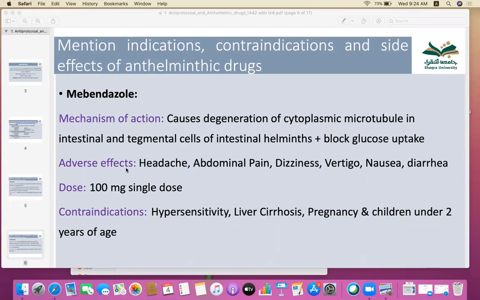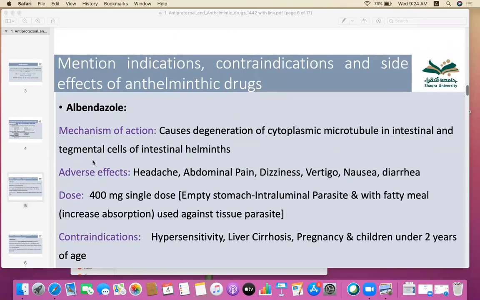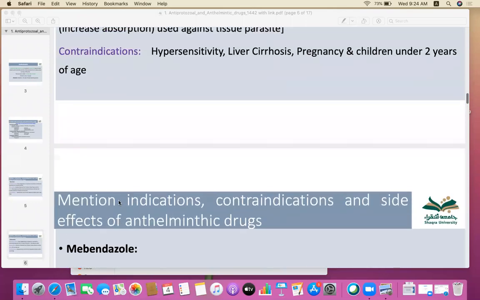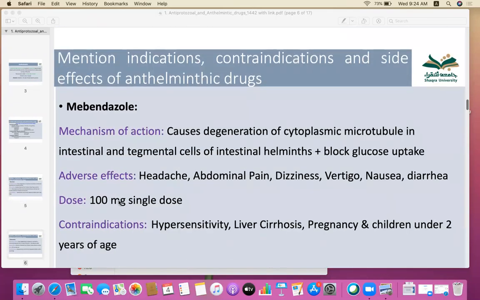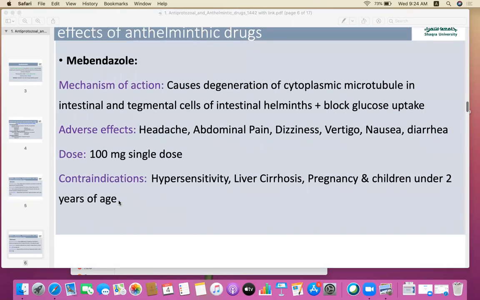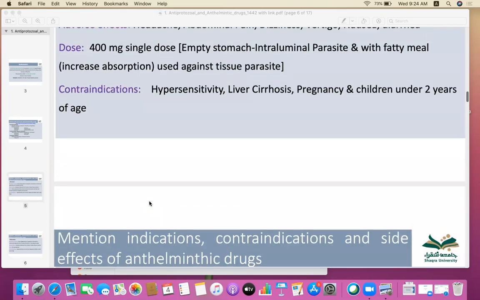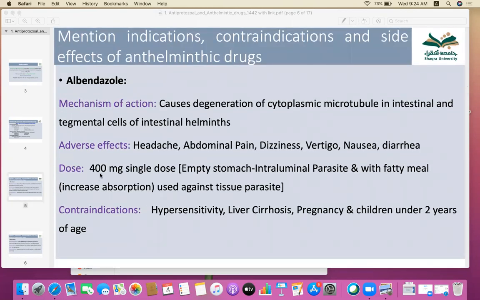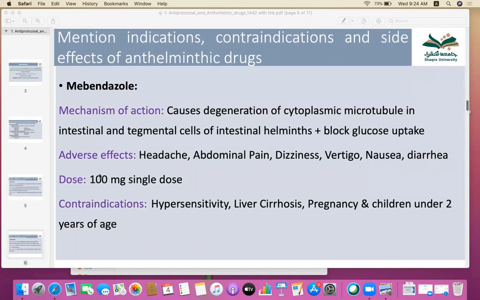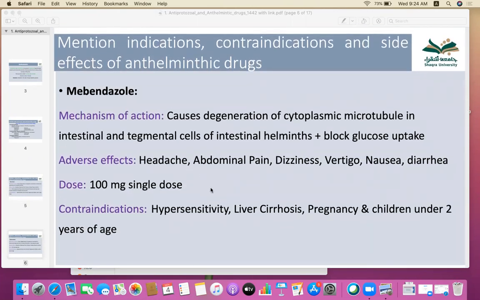So in terms of potency, mebendazole at 100 milligram is as powerful, or has similar efficacy, as albendazole 400 milligram. So we can say mebendazole is the more potent drug, because it needs only 100 milligram to give the same efficacy as 400 milligram of albendazole. Same mechanism, it causes the degeneration of cytoplasmic microtubules